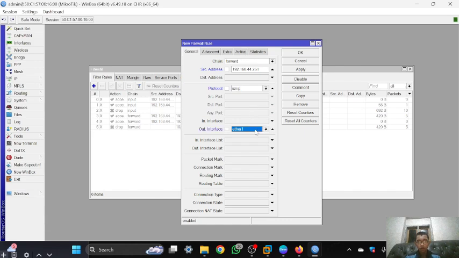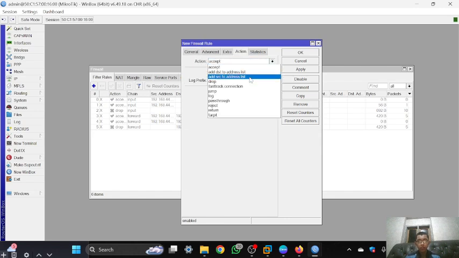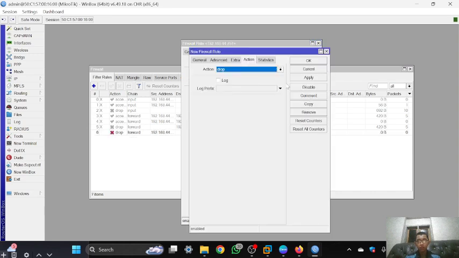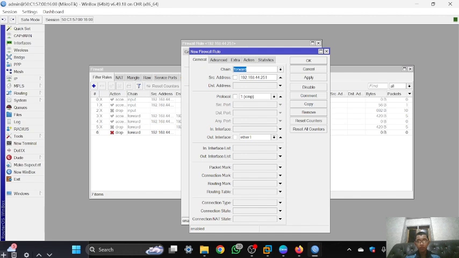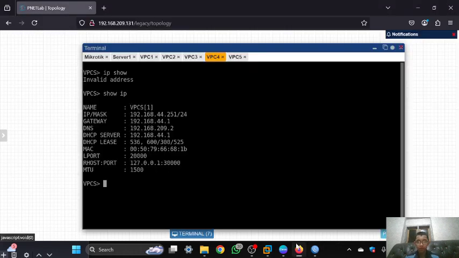And the out interface is Ethernet 1 because it connects to the internet. And the action is drop because I don't want VPC4 to access the internet. You can click apply, and you can copy it and change the source address to the IP of virtual PC 5.